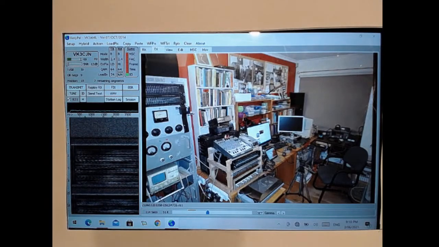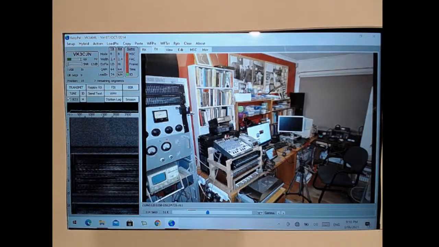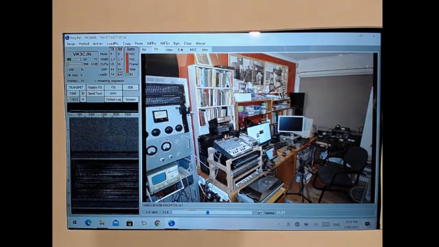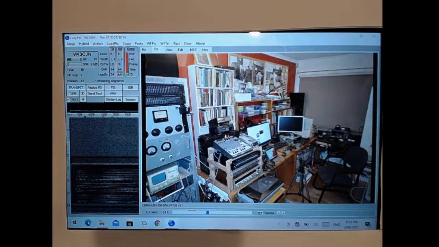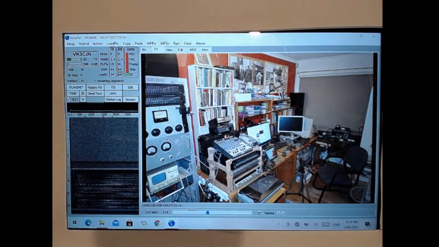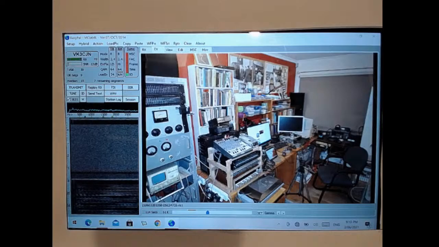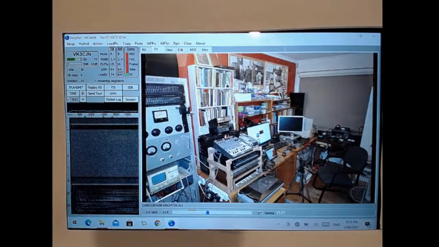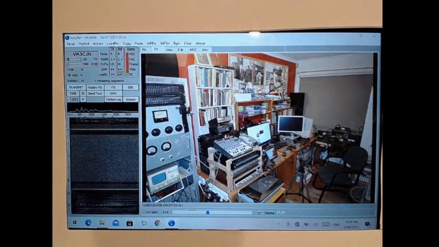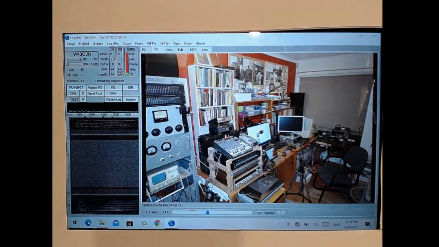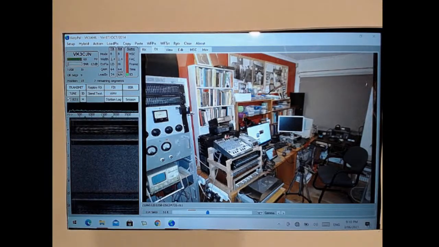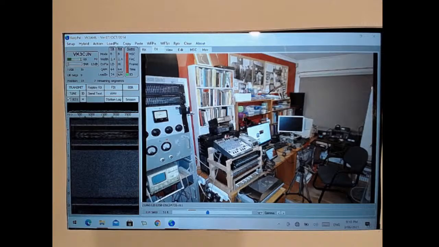Sounds like he's not there, or transmitting on the output. Chris, I'm not hearing you. Is anyone else hearing Chris? Nope, nothing here.